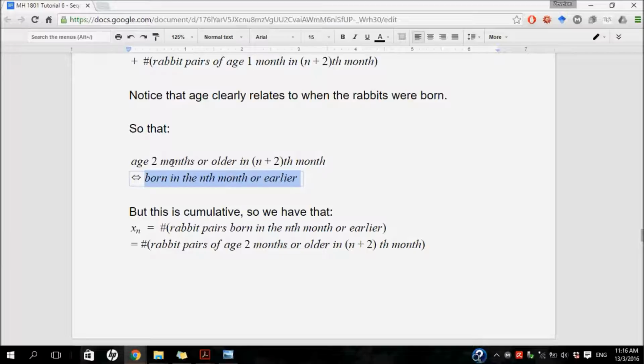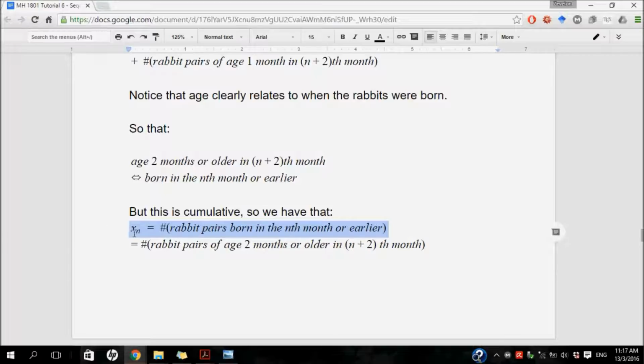You would backtrack by 2 months, and that would mean the rabbit pair would have to be born in the nth month or earlier. Seeing that this number xn, as we mentioned before, is cumulative, the number of rabbit pairs that are born in the nth month or earlier would be accumulated